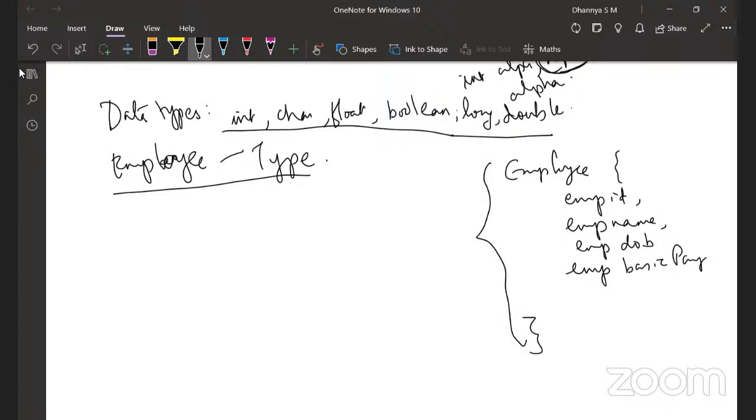Now, I also want to define the behavior of this type. Say, for instance, for int, I know what operations are permitted. Addition, subtraction, multiplication, division can be done. But for char, can I do that? I cannot. So I know the data type, and I also know the operations associated with that data type. But when I say C equal to A into B, do you know how multiplication is happening? Whether it is repeated addition or something else happening inside the CPU?